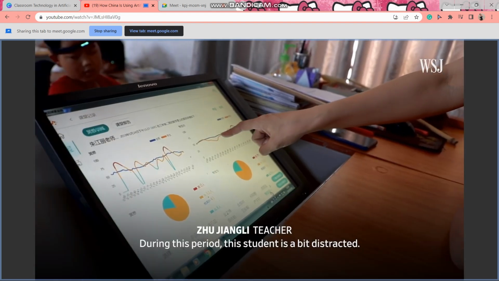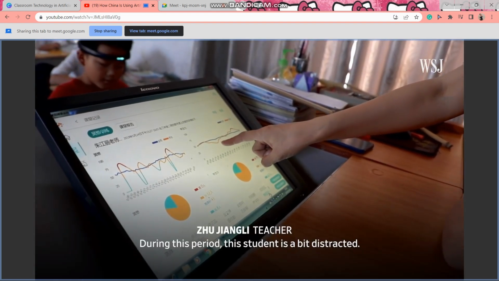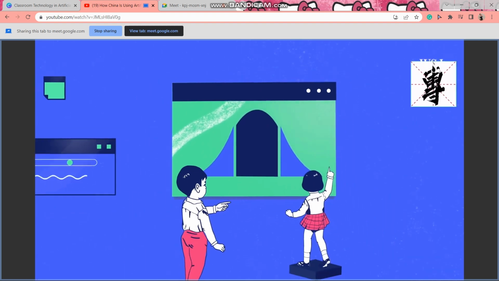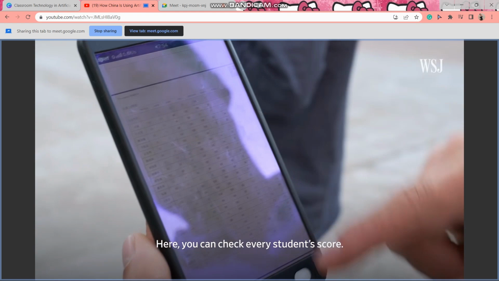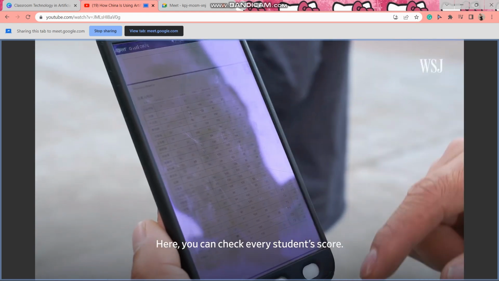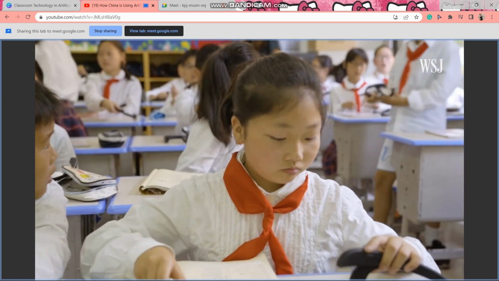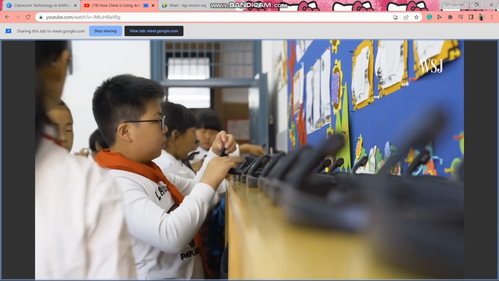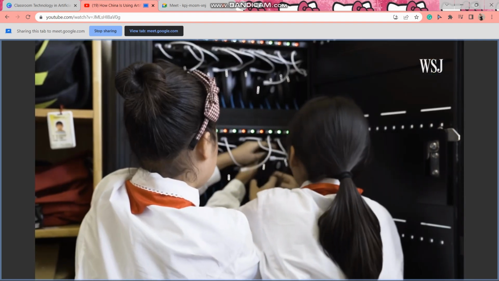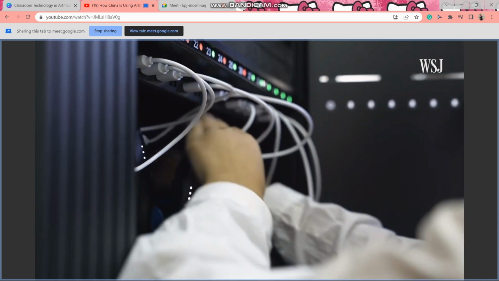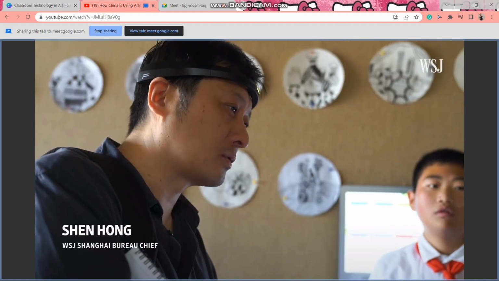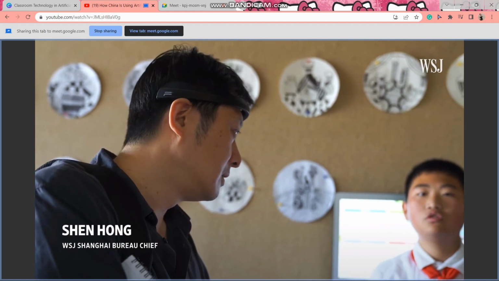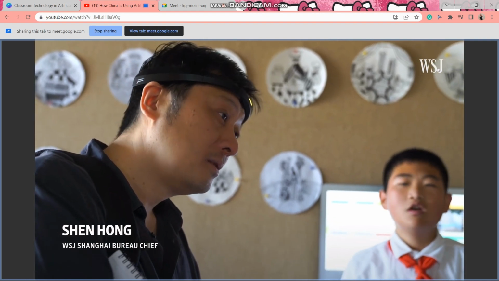A report is then generated that shows how well the class went for parents. The reports are detailed, but whether these devices really work and what they exactly measure isn't as clear. We were curious if the headbands could actually measure concentration, so one of our reporters tried on the device.